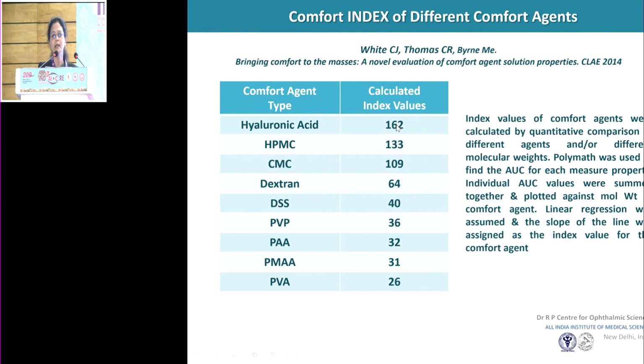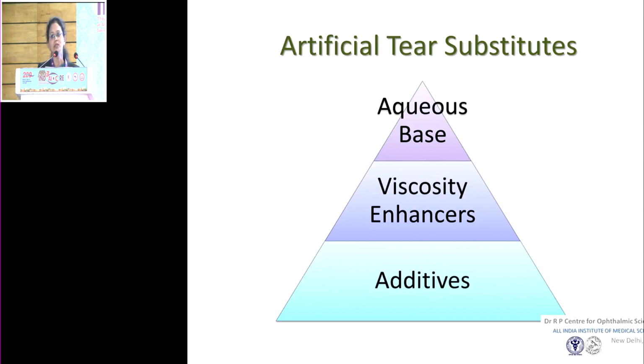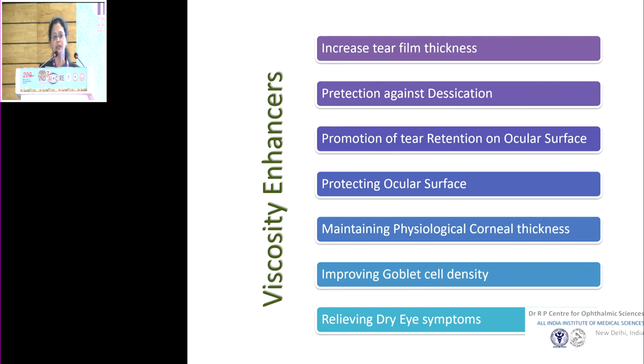But what we have in the almometer is the newer one, the hyaluronic acid here, which has better wettability, better retainability on the ocular surface, and a better comfort index compared to the others which we have with us today. So by and large, this is the pyramid which you need to concentrate on